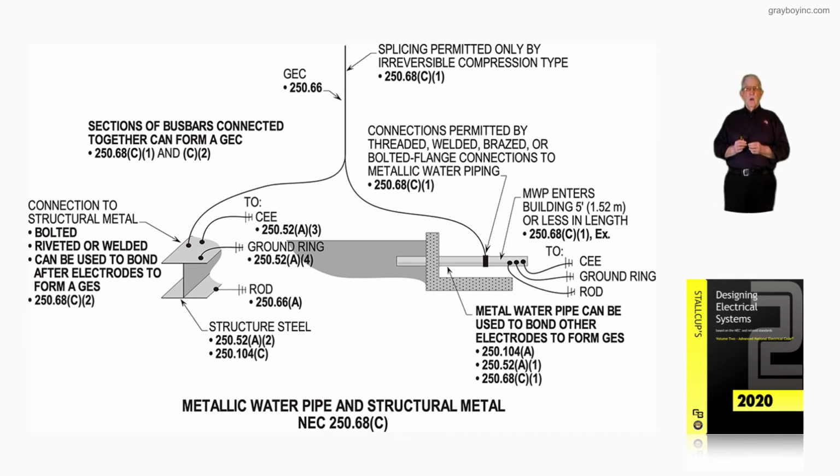And then, of course, you see connections for the water pipe to the right above the water pipe, with the callout: connections permitted by threaded, welded, brazed, or bolted flange connections to the metal water piping would be permitted as outlined in 250.68(C)(1). And then again, we show you that grounding electrode conductor at the very top of the illustration to the right,